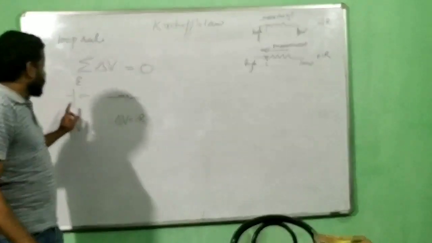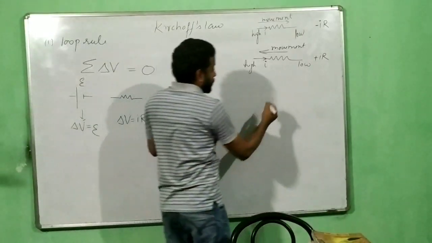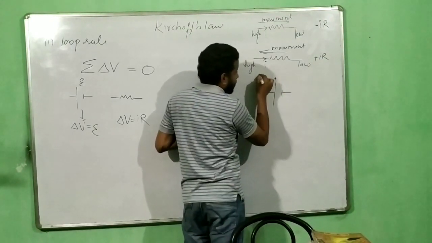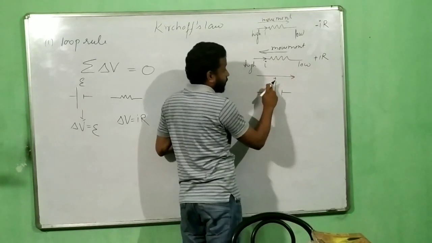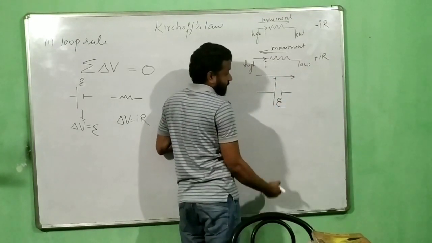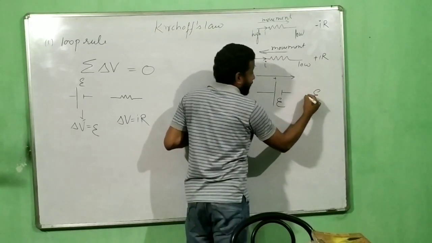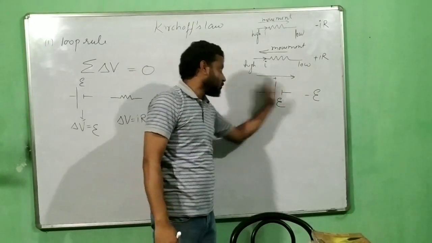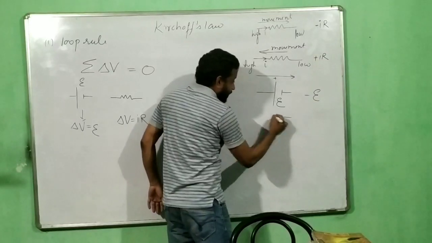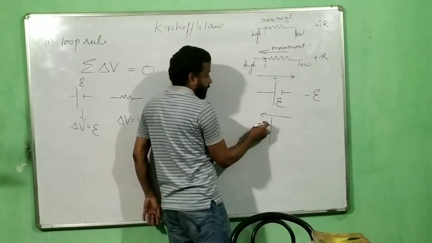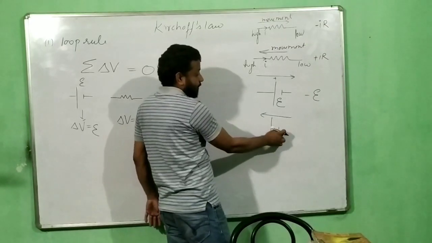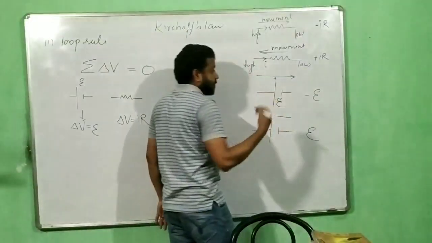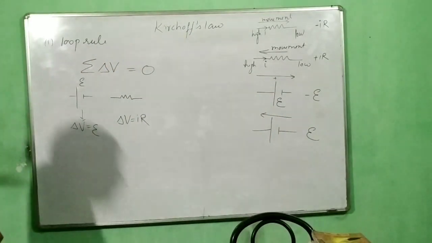And as I told you, you will also encounter some cells when you are moving, correct? A cell has a positive, high potential, and a low potential. So when you are moving in this direction through a cell, that is from positive to negative, if the EMF is E, then you will write this E as negative because you are going from high potential to low potential, that is, you are going downstream. But what if you are moving in this direction? That means you are encountering the negative first and then going to the positive. That means you are going to the low potential first and then to the high potential. So you are moving upstream. So in this case you will write plus E. This is the sign convention laid down by ISC.